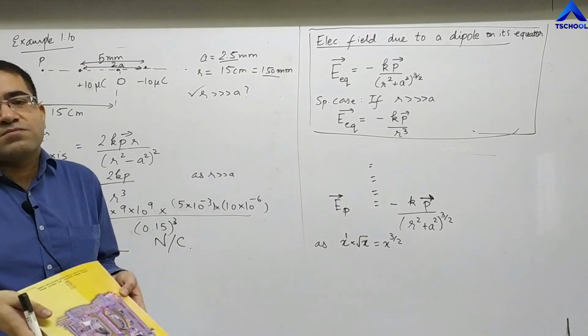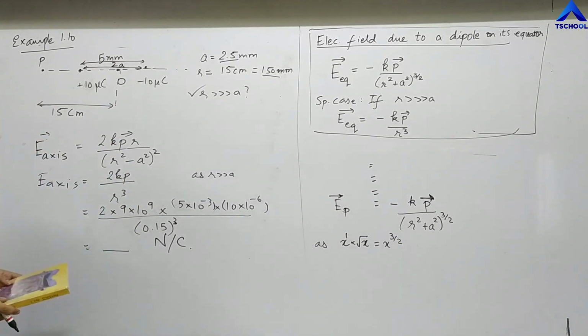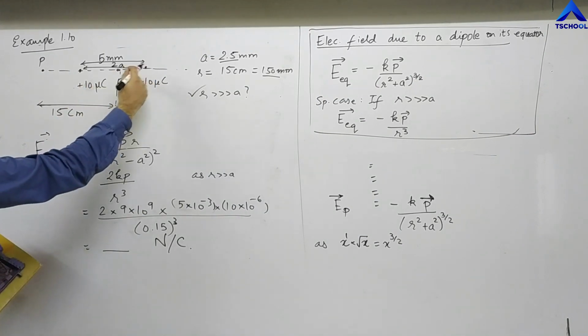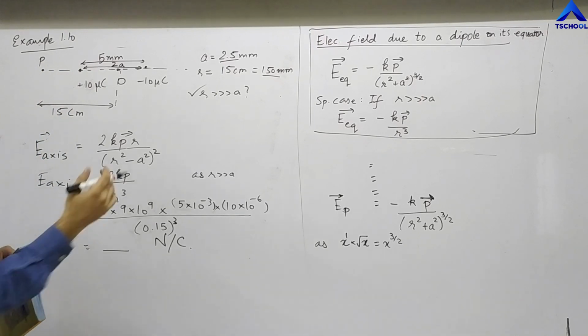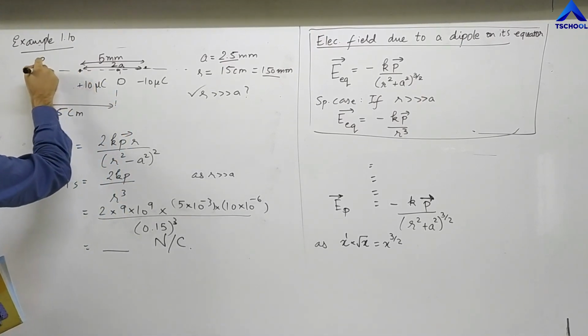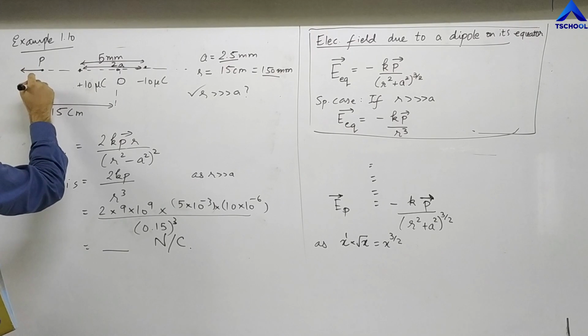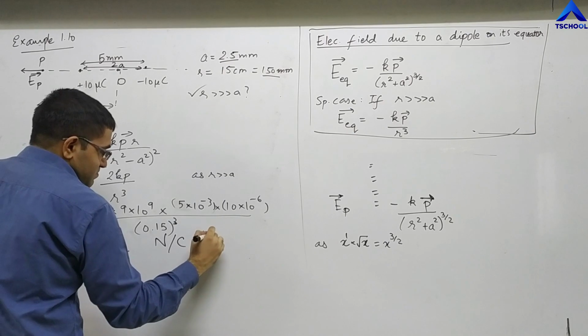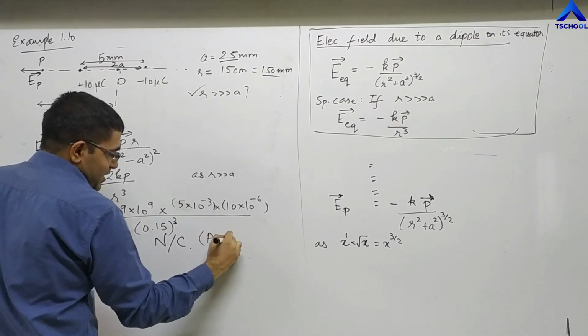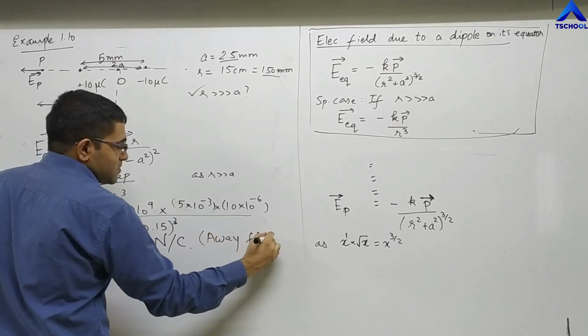The dipole moment is in which direction? It is from right to left, that is, from the negative to the positive. Don't forget that. So the electric field at this point P is in the same direction as the dipole moment, isn't it? That's what this formula is telling you. Am I right? Sure. So finally, if you just put this in the bracket, it is away from the